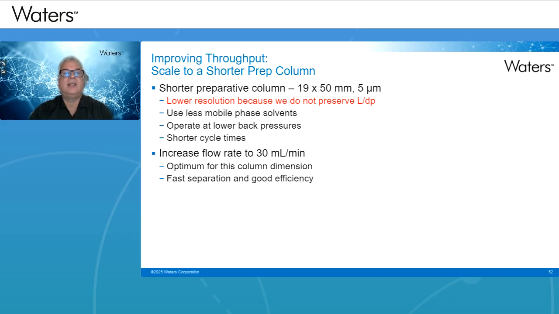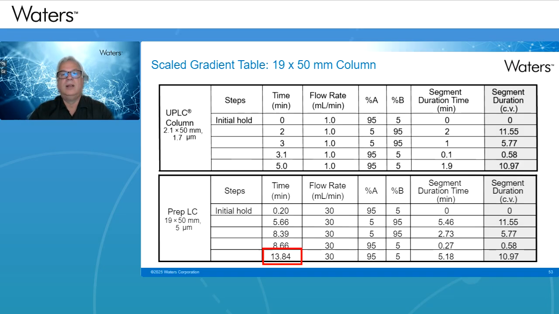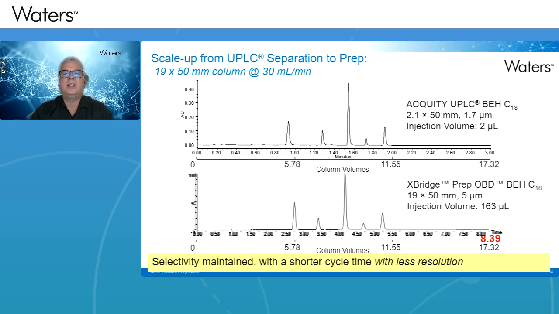So let's say instead of using 27.8, we will use 30 millimeter as well. So we will try to change two ways. But the goal is we use a calculator and it gives us the same number, the same segment duration, and the same number of column volumes per segment. And we come up with this different time. So it's much faster. Obviously, the peaks are a little bit larger. We have lost some resolution, not too bad.